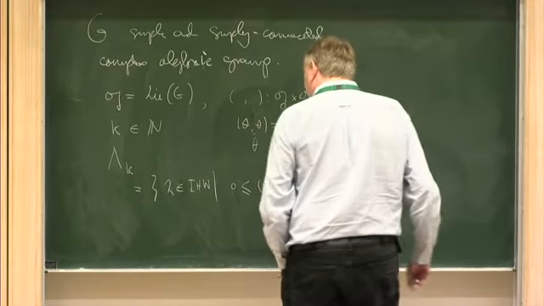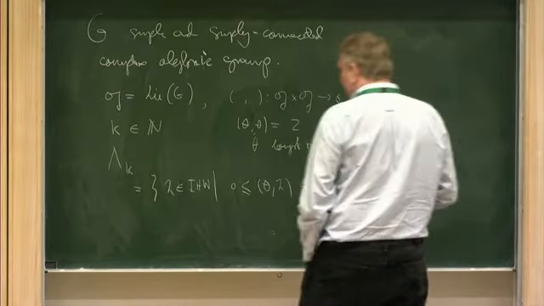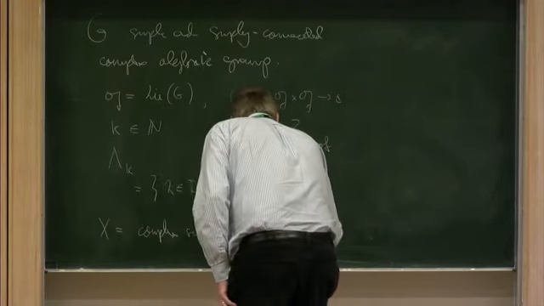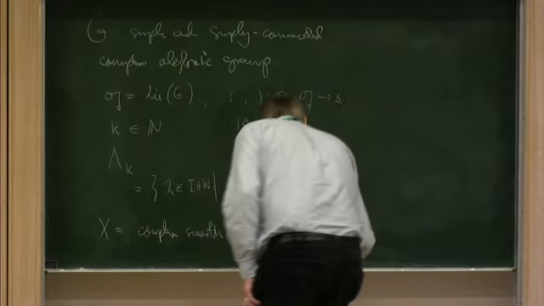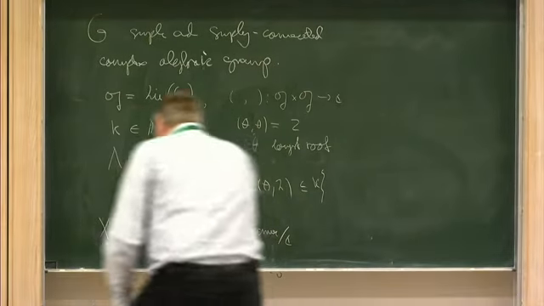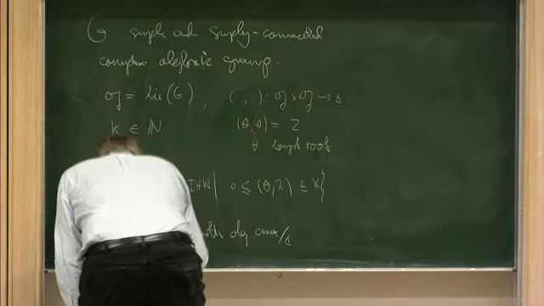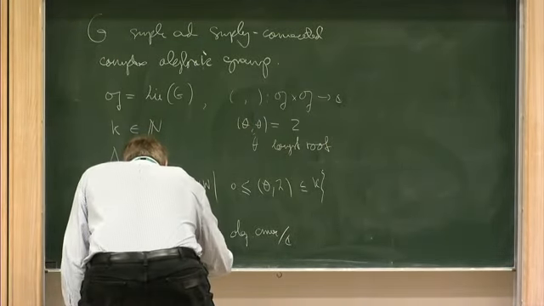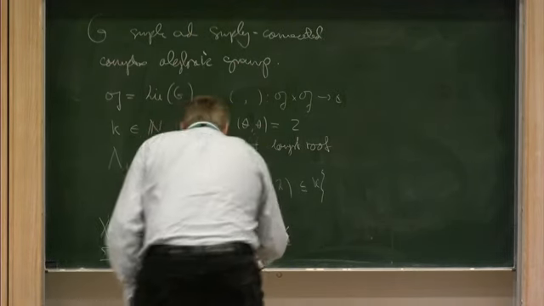And then what I'm going to be interested in is you also fix a curve. So X is a complex smooth algebraic curve, just over the complex numbers. So if you like, a Riemann surface. And I'm going to use, in a second, so I might as well introduce it right away, sigma. This is going to be the underlying smooth